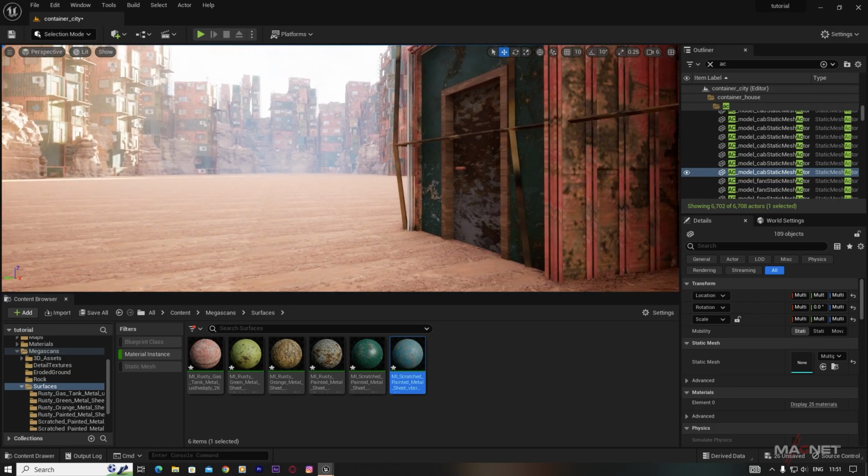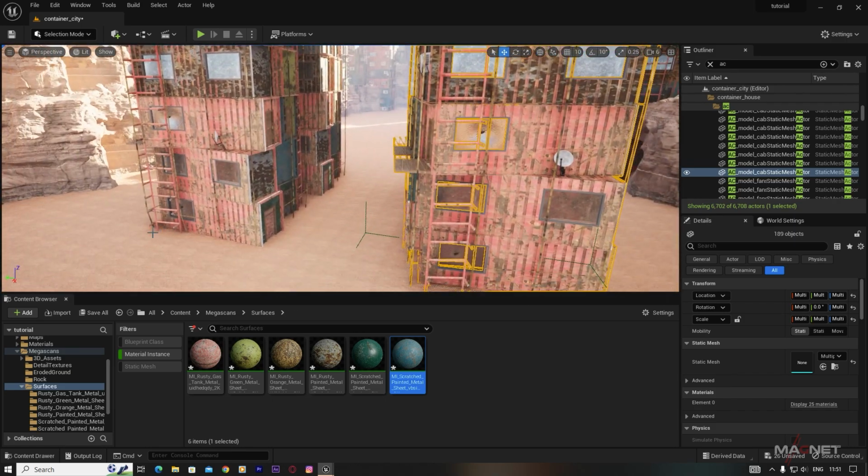Okay, so now you can see that this looks nice, and if we just start play from here, you can